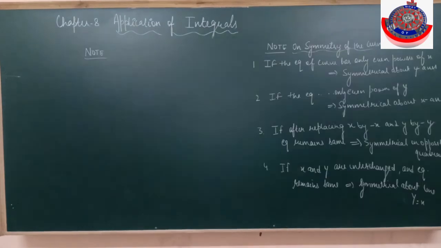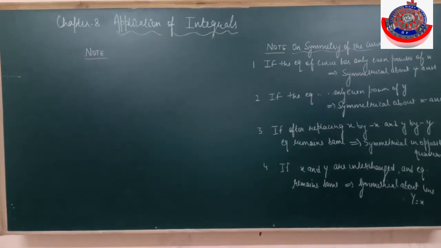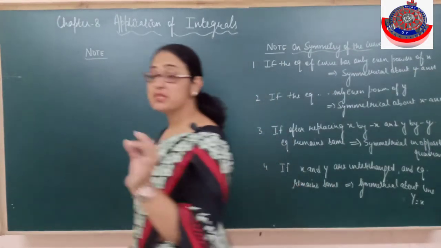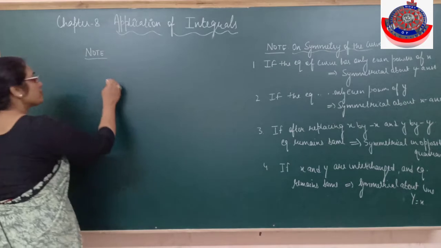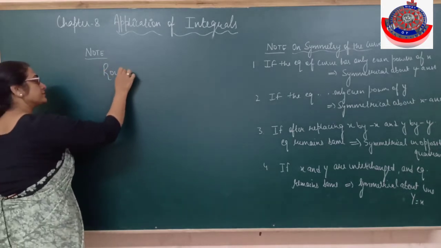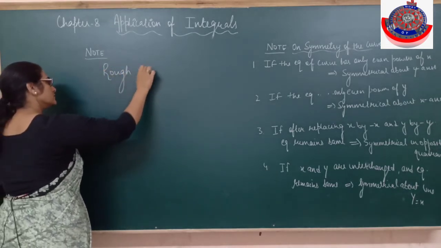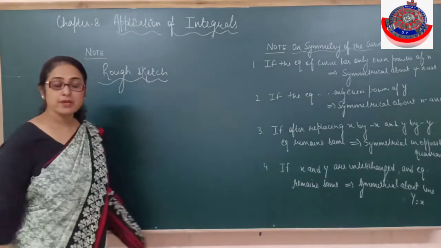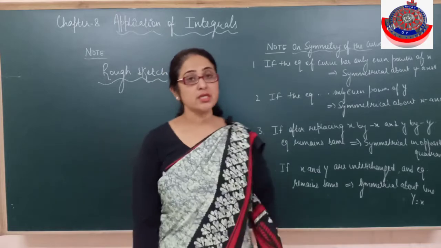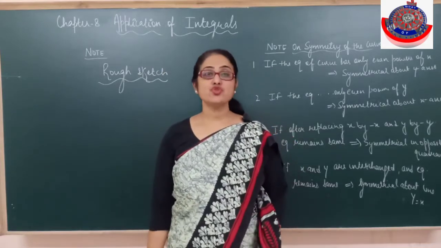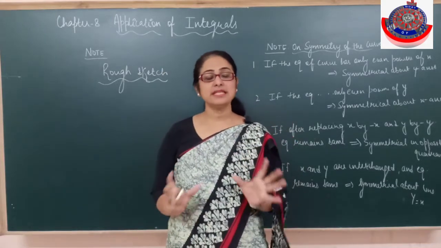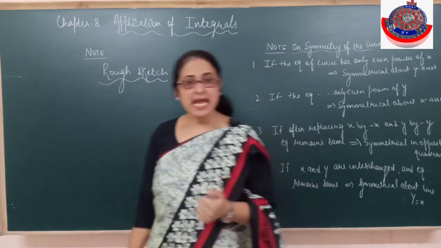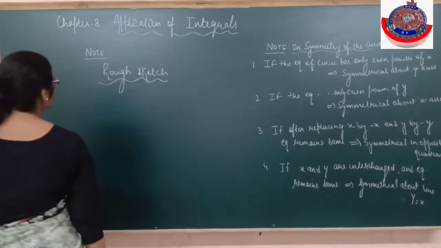Alright. Okay, now one thing very important. When you do the questions to find out the area bounded by the curve, first of all the most important thing is you need to make a rough sketch. Whatever the curve is given to you, these questions will not be possible unless you draw the diagram. You have to draw the curve, you have to make a figure, and only then will you be able to find out the area. That is very important. And sketching the curve, you know it is very easy.